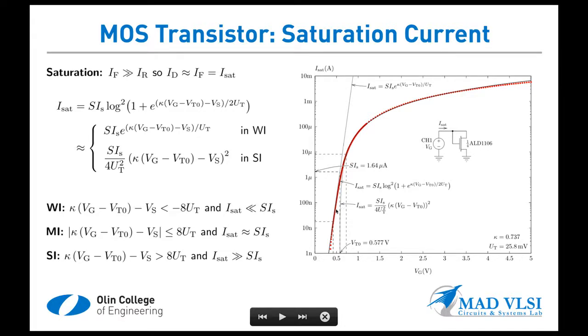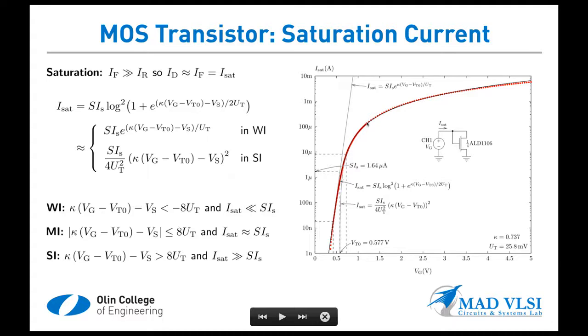This is the moderate inversion region here. And then in strong inversion, you start to get the current bending over like this, and this light gray line here, which approaches a vertical asymptote at Vg equals Vt0, is the quadratic model. And you can see that up here, the quadratic model and the EKV model are exactly the same. But in this transition region, both the exponential and the square law model rapidly diverge from this EKV model, which